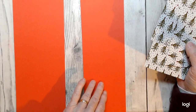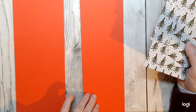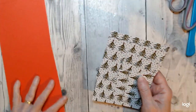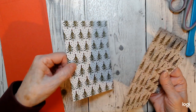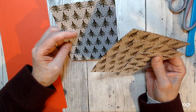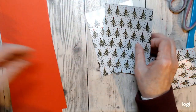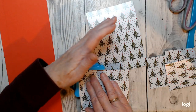And then you need another wee piece, and it needs to measure 3 3/4 inches wide by 10.5. So you get the 2 of them out of 1 sheet and just cut that wee bit off the bottom and you're sorted. So 1 sheet of A4 paper. And then you're going to need to decorate it. 2 pieces, sorry, that light is going to be shining, with the Shining Christmas paper. This one measures 5 3/4 by 4 1/4, and you need 2 of those, one for the back and one for the front. And we're going to round the corners,